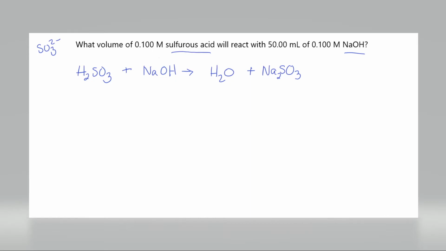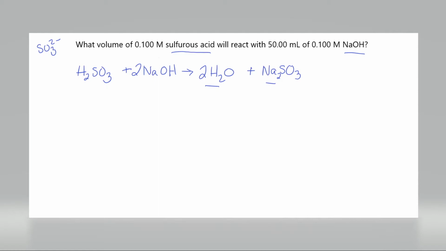So I notice that there's 2 sodiums on the right-hand side. So I need to add a coefficient in front over here. Does that make everything check out? So we have 4 hydrogens on the left. We need to add, I think, 2 right there, 4 hydrogens on the right. The oxygens, we have 5 oxygens on the left, and we have 5 oxygens on the right, and 1 and 1 sulfur. I think we're good. Okay, cannot forget to balance these reactions when you're doing any reaction, but now we need to do stoichiometry, so